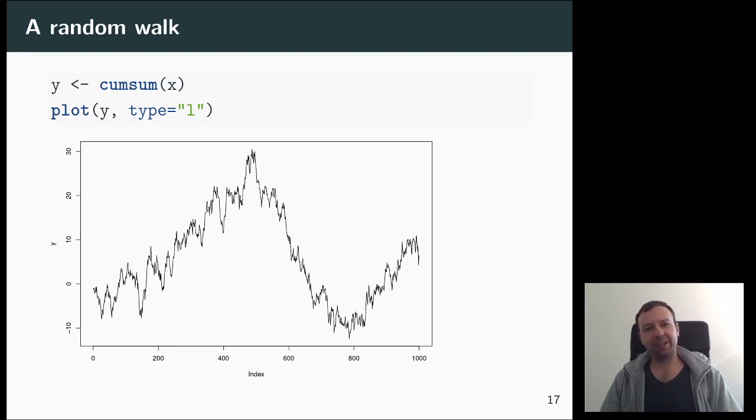So that's what I told you before is a share price. Actually, it wasn't a share price. It was just what we would usually call a random walk. So why is this called a random walk? Because basically at every point in time, you take a random step in either direction, which is basically, on any given point in time, you just add a random number to your current value. And that's what we get.